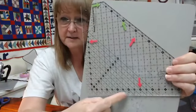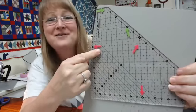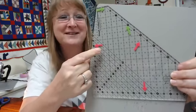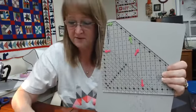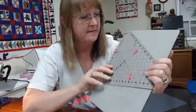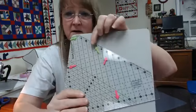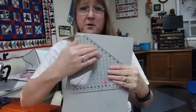The pink ones, here, here, and here. What? Nope, here. I'm doing this in mirror image and trying to watch it on screen. Okay, so the pink ones are the ones for the size that I'm trimming my blocks up to be. And then these little green ones right here, these are to mark the lines of where to place the ruler